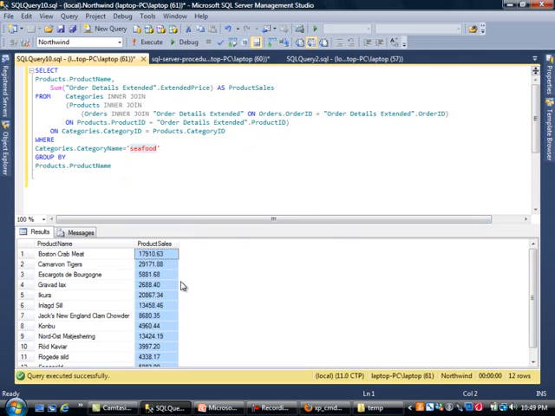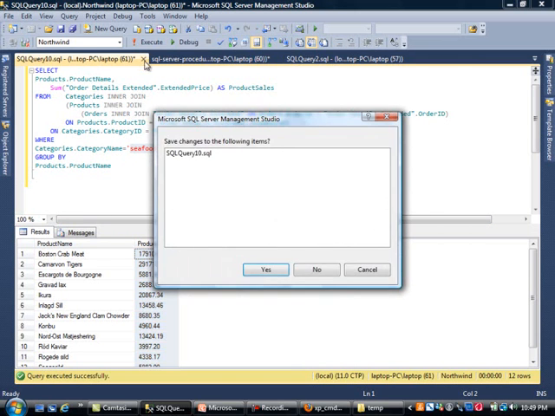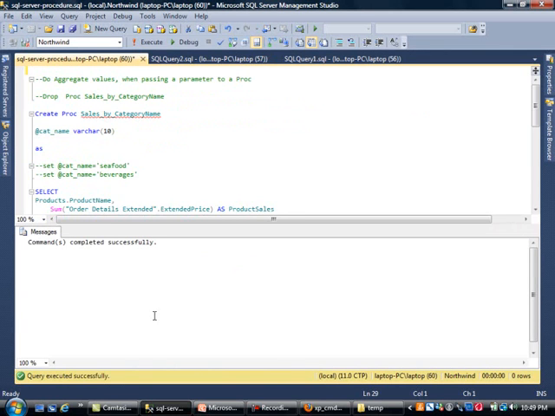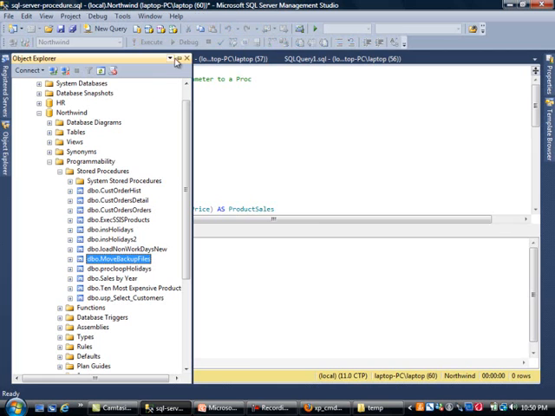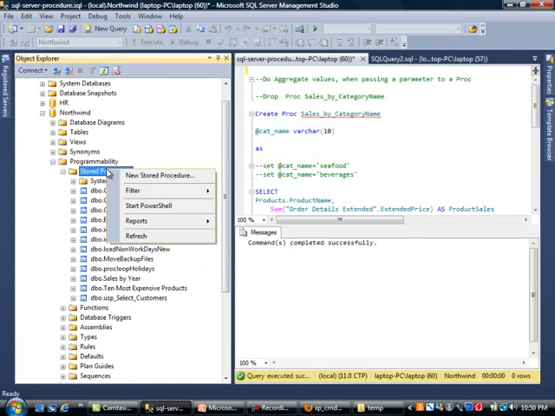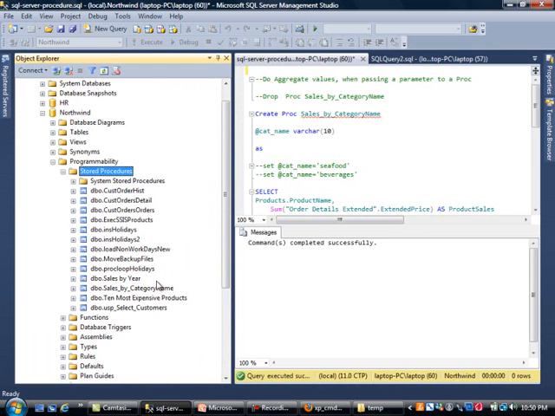So this is fairly useful information, but how can we put this in a proc? Well, that's easy. Like I just showed you, you just pass in the category and then do a little bit of coding. So let's go ahead and run this, compile this. Okay, it did compile. Now another thing, maybe I haven't shown you this, but it's pretty cool in Management Studio: how to find our proc, which is